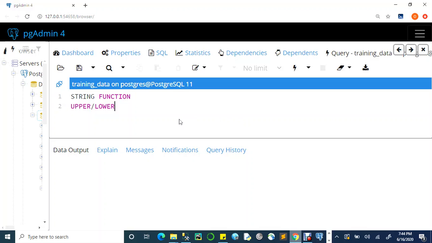It is important for you to know that string functions are used for